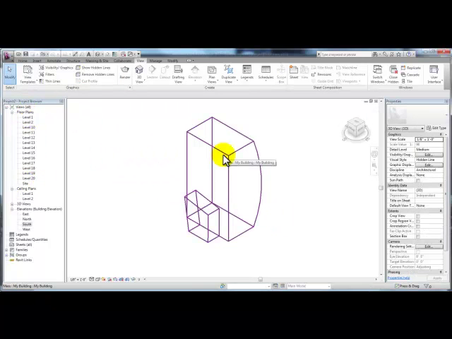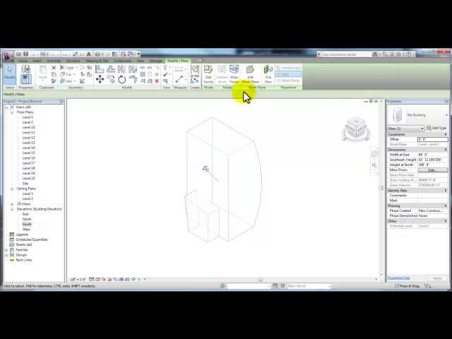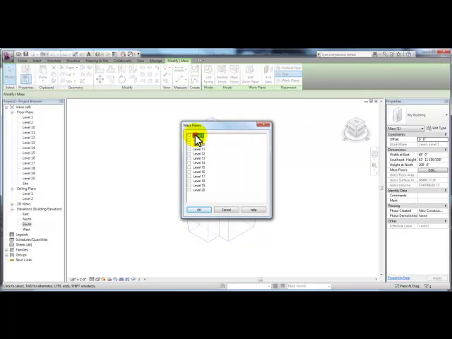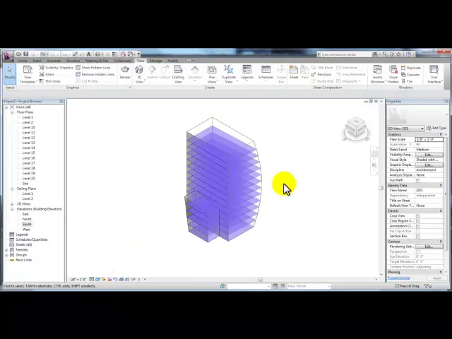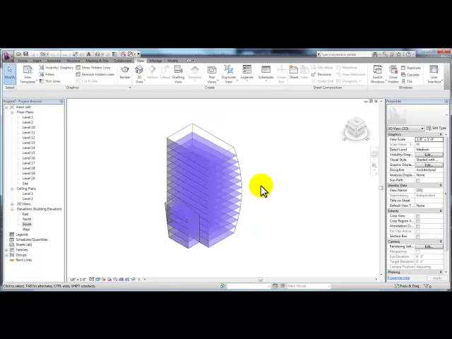In the 3D view, we can select the mask model, pick Mask Floors, highlight the first level, hold your Shift key down, and put a check mark in the box to the left and pick OK. I'll change my visual display to shading with edges, and you'll see that we created mask floors. We haven't set the floor material or placed any building elements yet, but even before we do that, we can